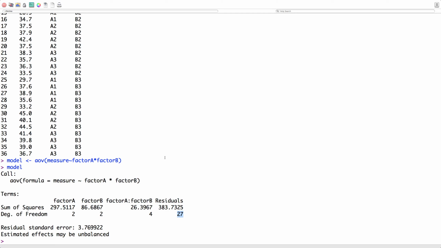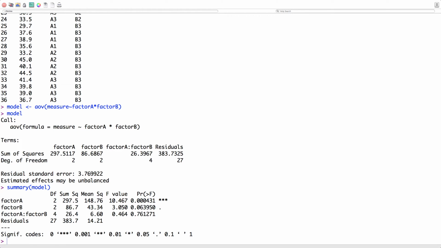All right. Now, to get a better look at the ANOVA table, we can do summary of model, and then you see you get in a situation where the degrees of freedom, sum of squares, mean square, F values, and your P values are given. Okay? So what do we look at? When we get something like this, what is our tunnel vision? Our tunnel vision is right here. Is the interaction